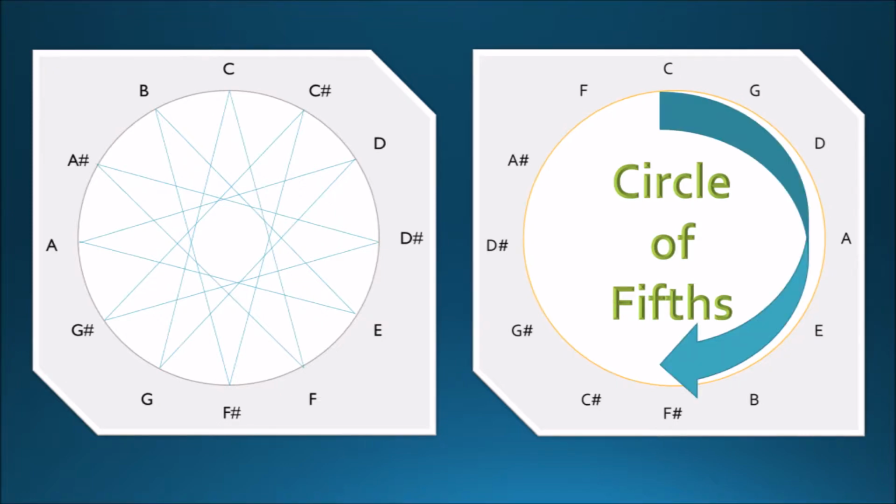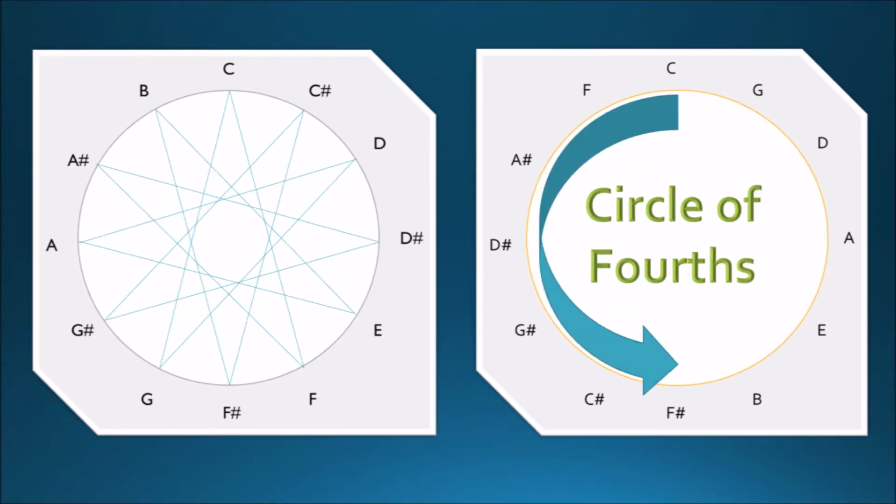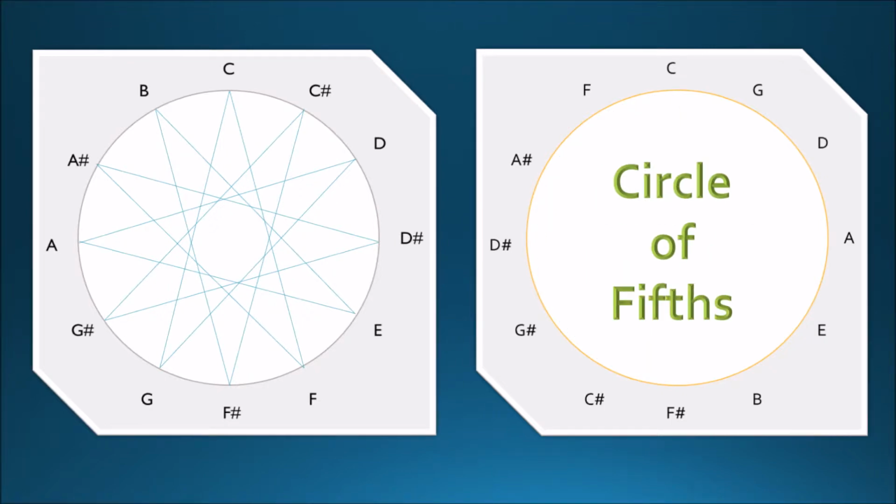The fourth is the other perfect interval, after the fifth. While a fifth is 7 half steps, a fourth is only 5 half steps up. Because 5 is congruent to -7 modulo 12, intervals of a fourth can also be used to populate a circle called the circle of fourths, which is the same order as the circle of fifths, just backwards. The perfect fifth and the perfect fourth are the only intervals besides a single half step that will give a cycle that includes every note in the chromatic scale, and it's possible to use them to generate the other intervals